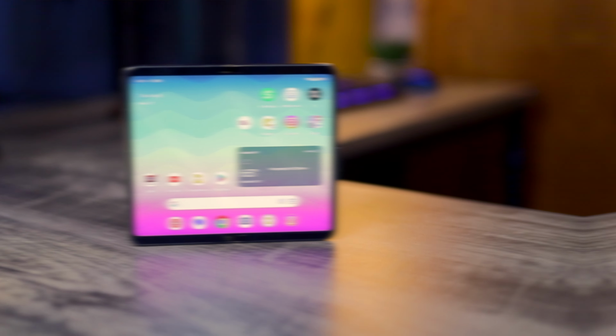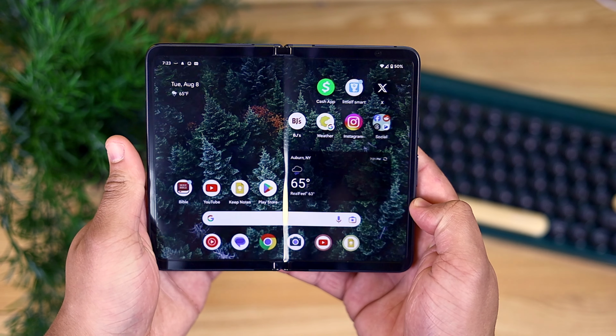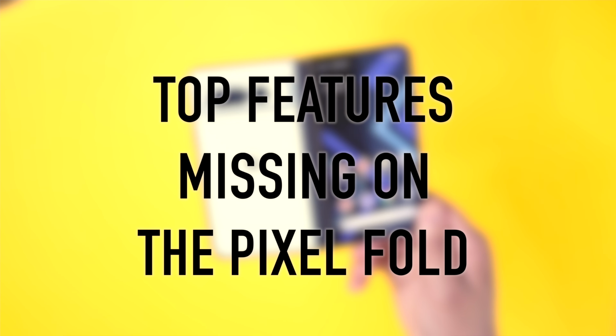Let me be the first to say I am enjoying my Pixel Fold, but today I wanted to talk about some of the features missing on this device that would undoubtedly improve the experience for everyone. Google often markets these phones as devices that get better over time, and I have a few hopes and dreams for features that can hopefully be added via an Android update or maybe a feature drop down the road. So without wasting any more time, let's take a look at the top features I think are missing on the